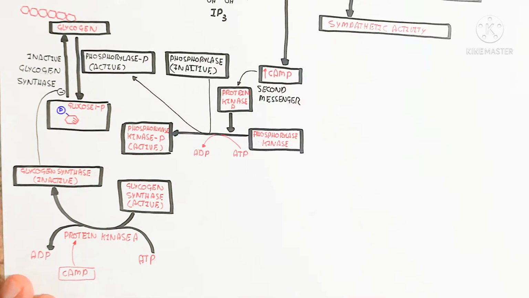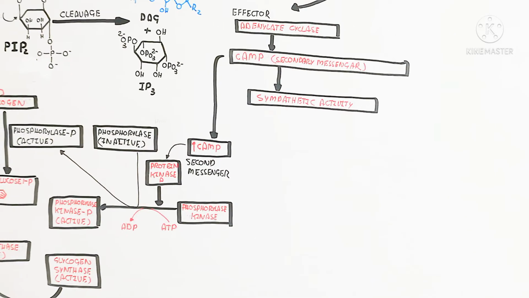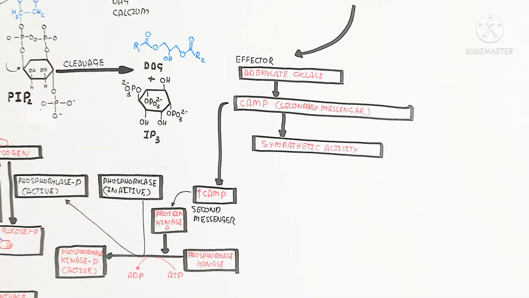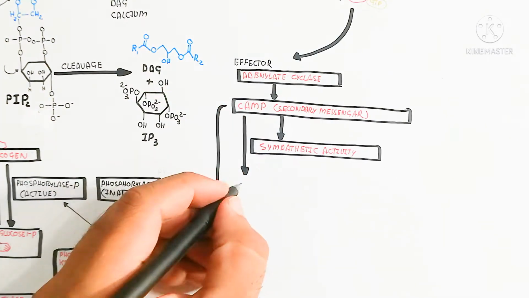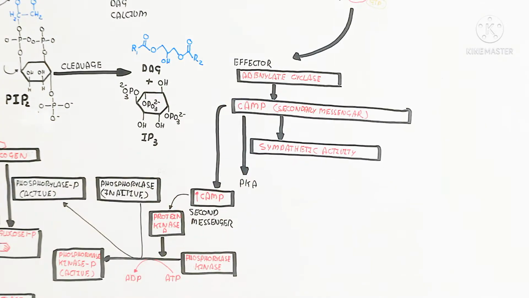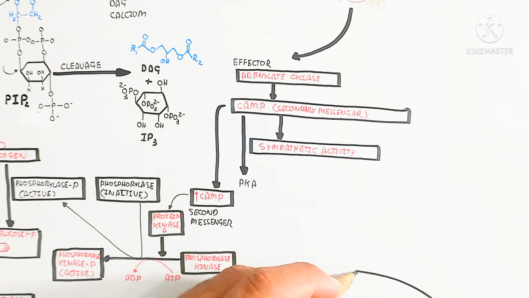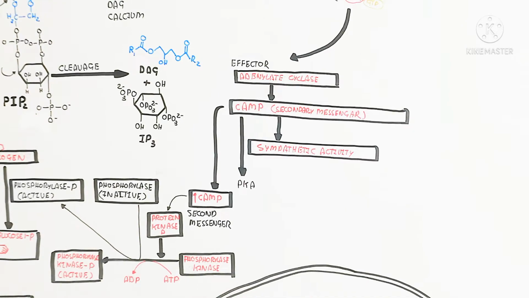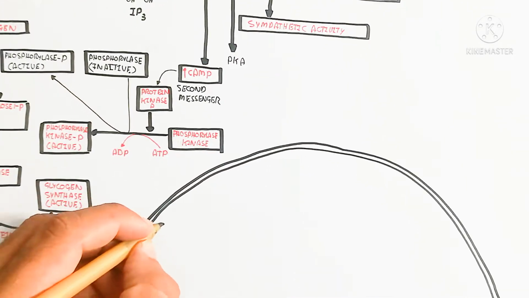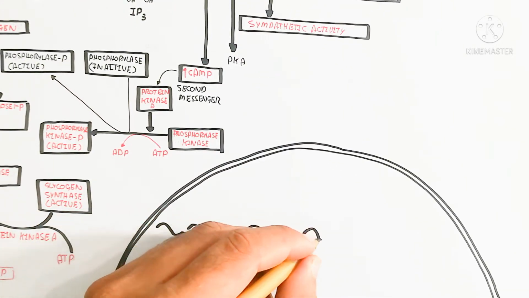For the increase of glucose during sympathetic nervous system activation, the sympathetic activity will be increased, and the blood sugar level in our body will be increased. So in this way, cyclic AMP will act like this. On the other hand, protein kinase is also activated by cyclic AMP, and this